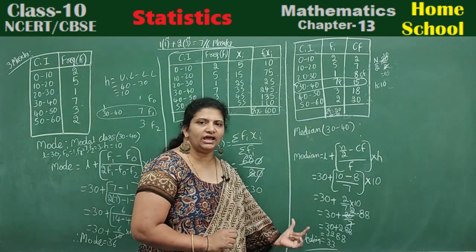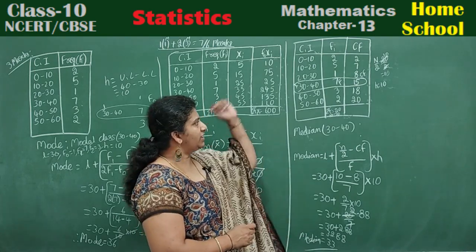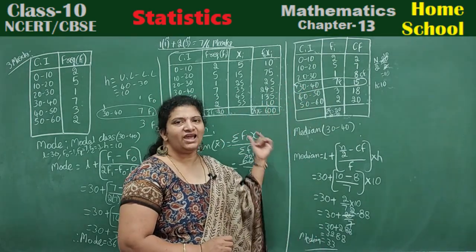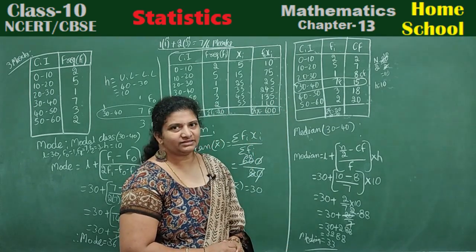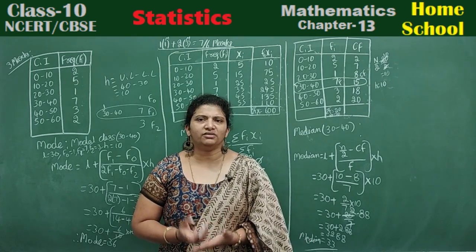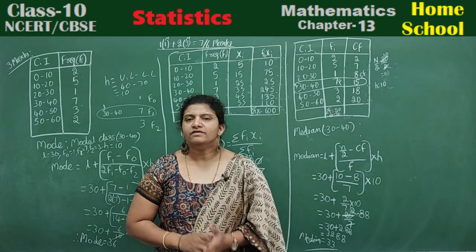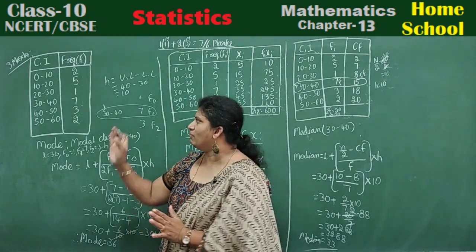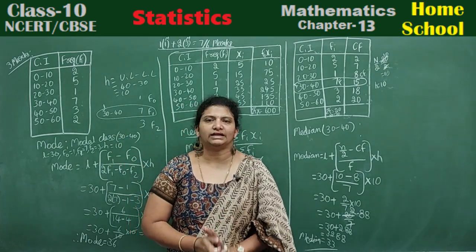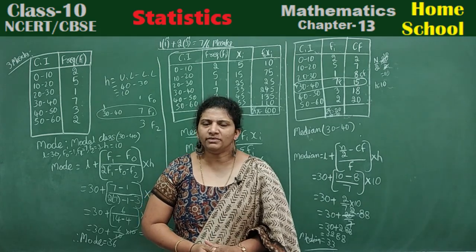Observe what we have done is right or wrong. See, in median class, do you get 33? Yes. Therefore, our answer is correct. So, like this, you can take any problem, children. You can find mean, median, mode. First, if you try for a small problem, if you understand the method correctly, then any problem, it is very